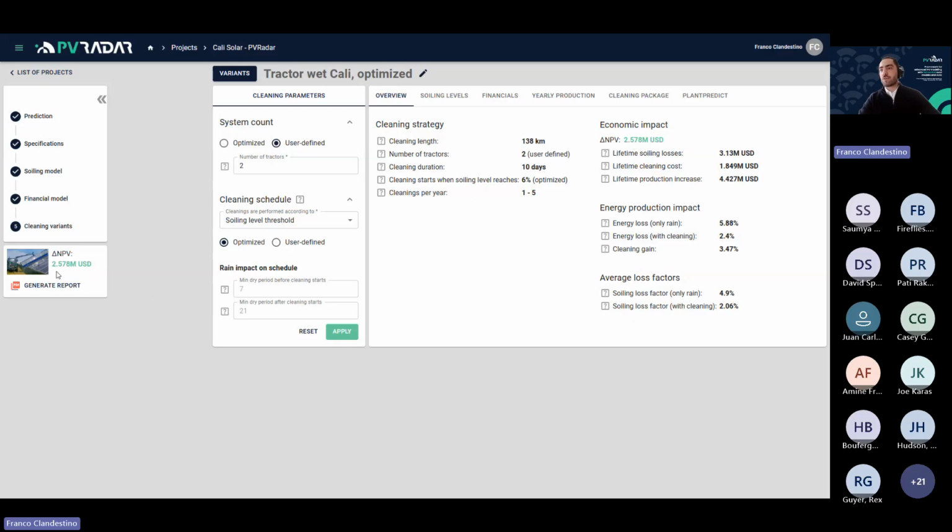Okay, I see, first of all, I have green numbers, so that's good. Cleaning with this tractor is profitable compared to the no cleaning scenario. And what exactly am I doing? I'm using 2 tractors. Each cleaning cycle will take 10 days because it's a big power plant. And PVRADAR suggests to start cleaning every time soiling level reaches 6%. Before it was 7%. Now PVRADAR finds this to be more convenient, so it